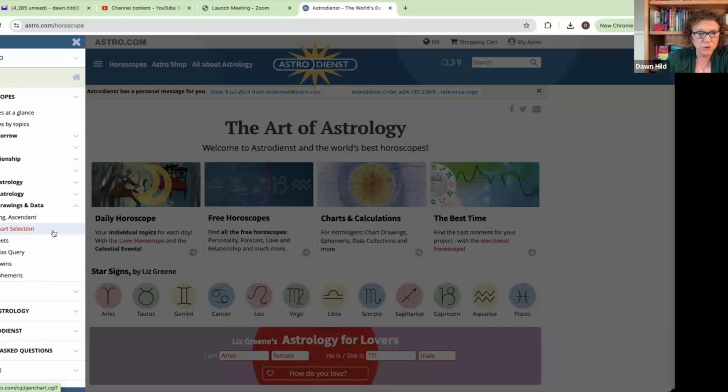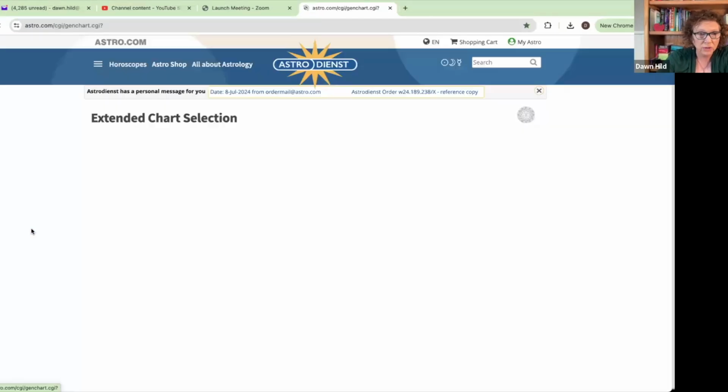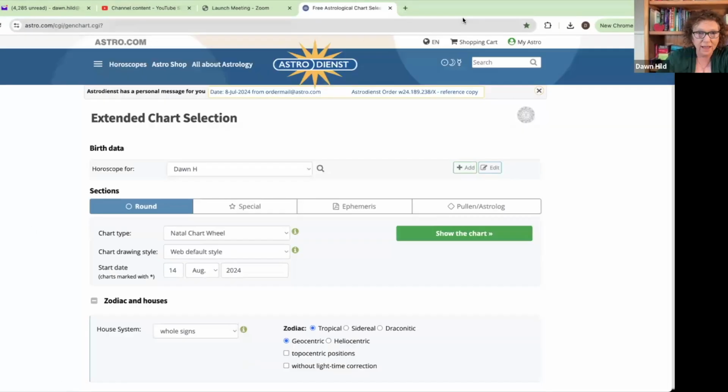So this is something you can do, and you can also set up a free account with astro.com. They are an exceptional website. So this pulls up my basic information, but say I wanted to add someone new in, and you can add 50 people on a free membership. So you can add family members in to take a look and compare charts. So what I'm going to do is hit the add button here,